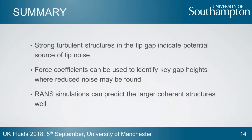Just a comment on your second bullet point. When you have a lifting body with camber, you need to be careful about the circulation you're generating versus the noise that you're trying to correlate. By that I mean, imagine your tip gap. I can move my casing away and change the gap, or I can change my span, so my total circulation, the lift, changes. So these two effects need to be decoupled. Just a comment, really. You need to be careful when you are changing by chopping off